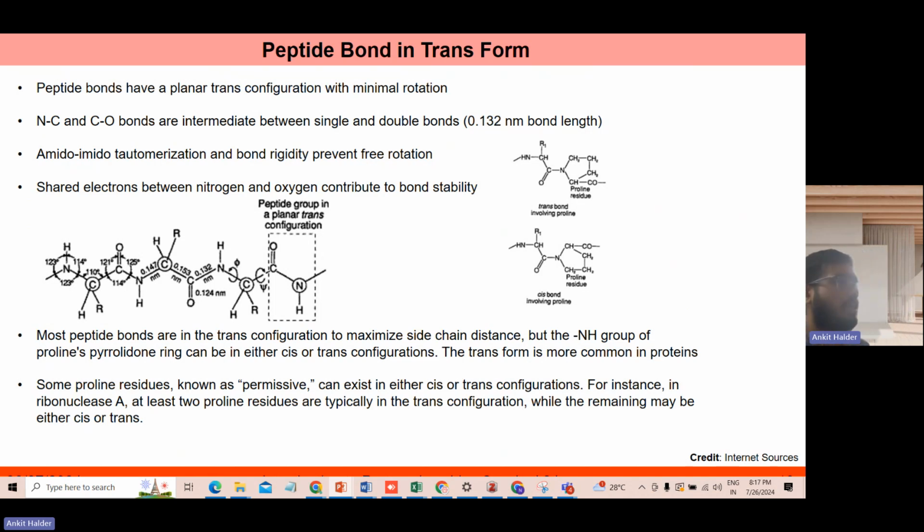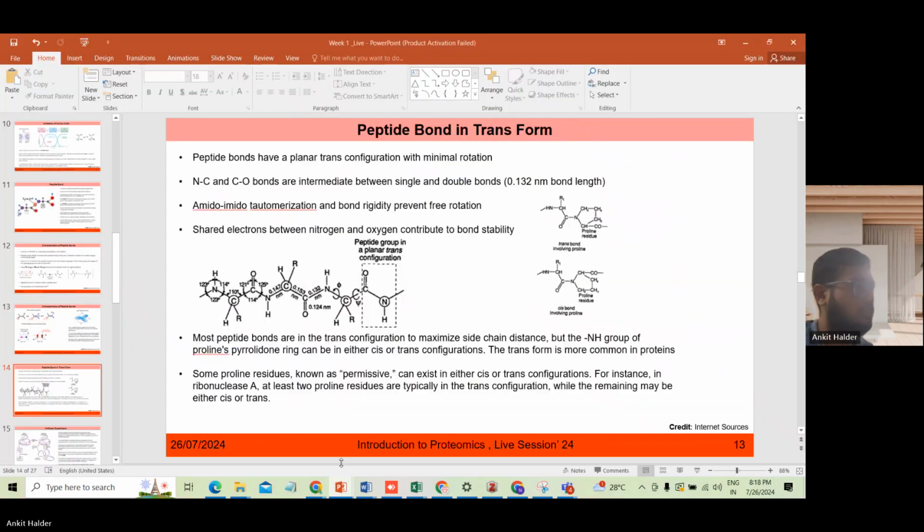Peptide bonds are planar and in the trans configuration, which generally has very minimal rotation. So the N-C and C-O bonds are intermediate between single and double bonds, having a 0.132 nanometer bond length. And what is happening is that the imido,